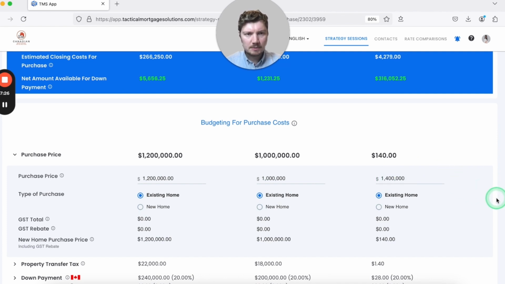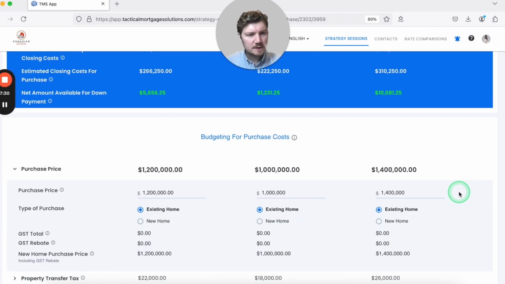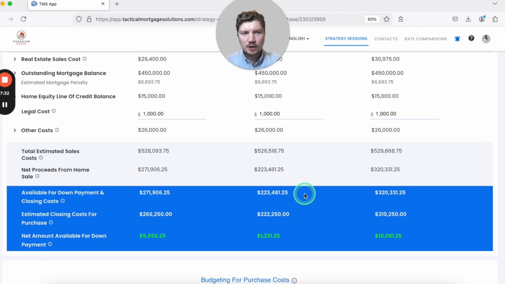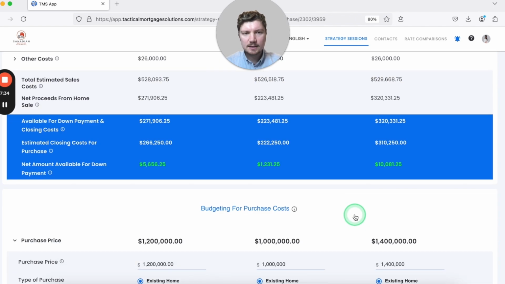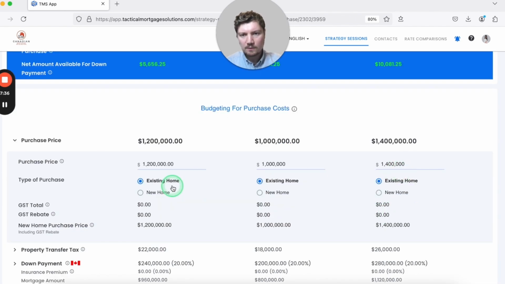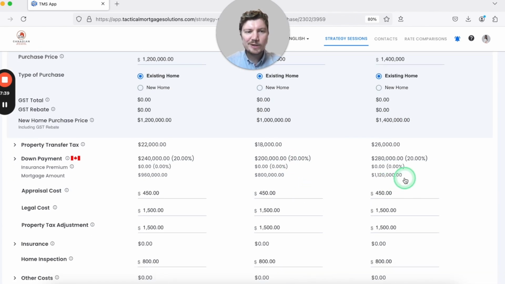Just to play around with the numbers here a little bit, and then a buffer of 10,000 or so. So they may want to keep that. So you can always say, if you sell for more than you'd hoped, then your budget may be up to 1.4. And the key reason that this is changing so significantly is because they need that minimum 20%